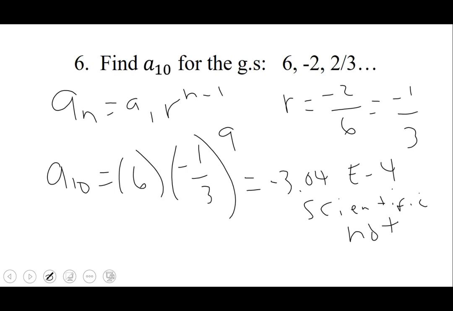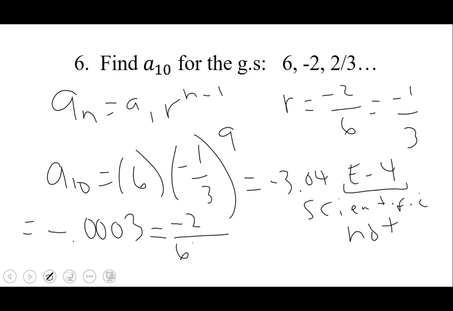Because the decimal point is currently right here, this e to the -4 means that you are going to move that decimal place 4 spaces to the left. So if you take this decimal point and move it 4 spaces to the left, you are going to get a value of -0.0003. It might actually be easier to just tell your calculator to leave it as a fraction, in which case